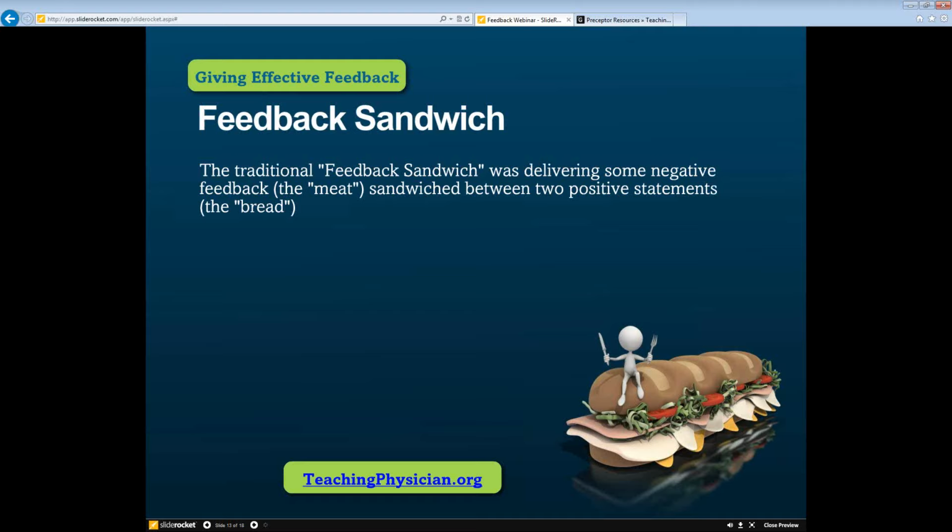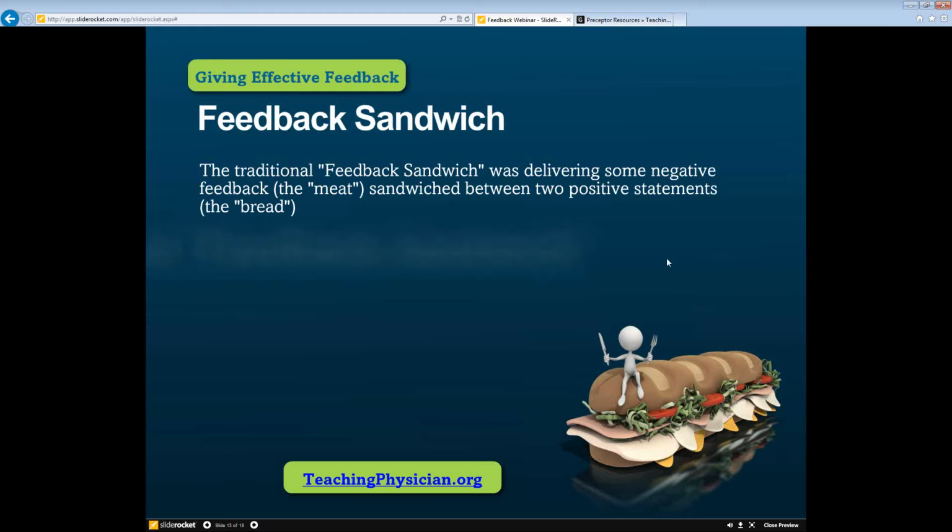So as an example, the history that you just took about that patient's chest pain was complete. The review of systems was nice and focused on the pertinent positives and negatives. And then you typically give something that you'd like to see changed. So you listened to that person's heart in 2 areas and on top of their shirt. And then sometimes you would follow it up with another positive statement like, I think you did a good job writing their prescription. So those are statements, that's basically information, and that's the feedback.